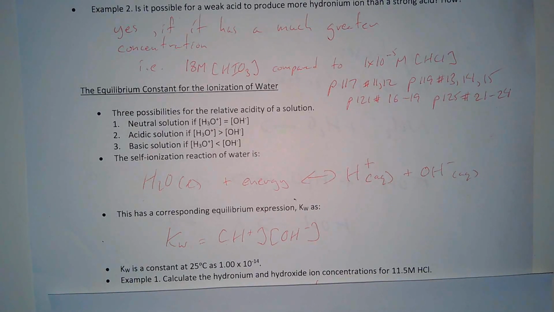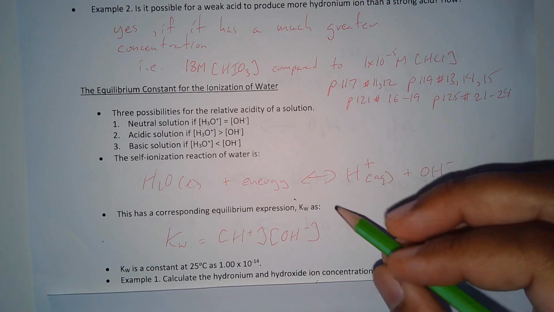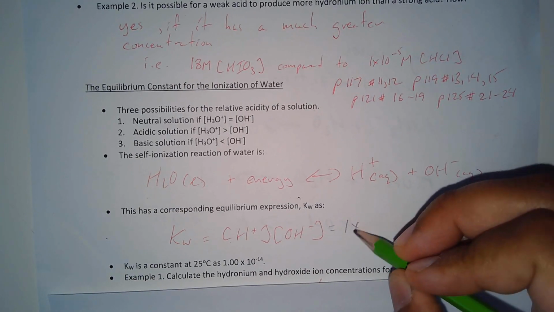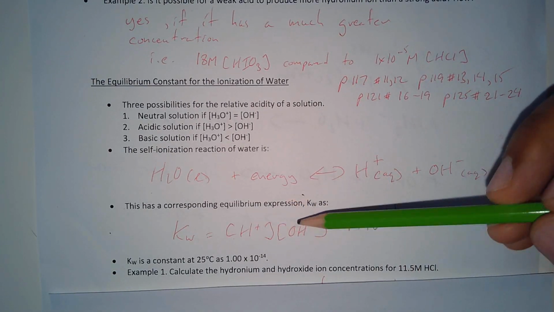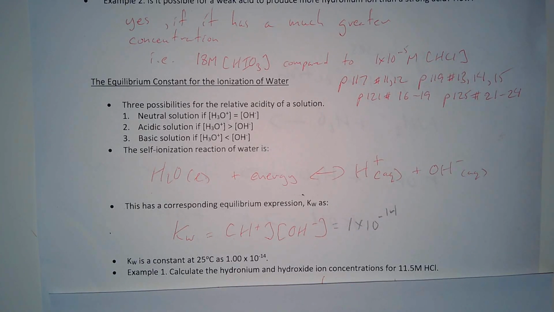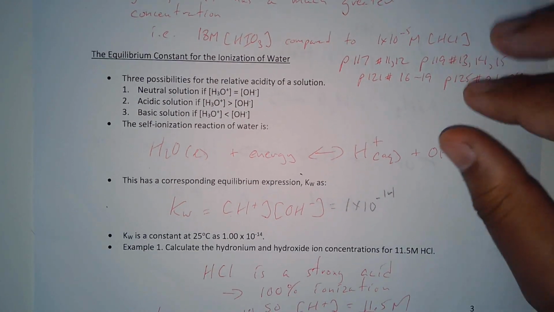So we basically use the fact that this is equal to 1 times 10 to the negative 14. And so if we know one of these, we can find the other one, because there's your equilibrium constant, right? So here's an example